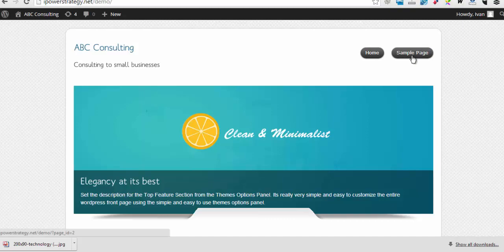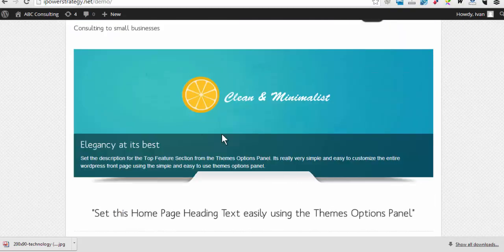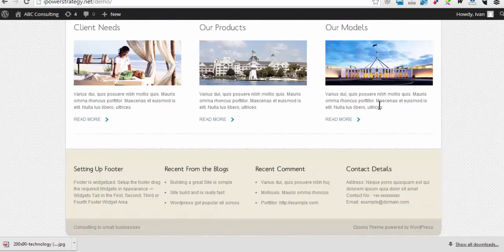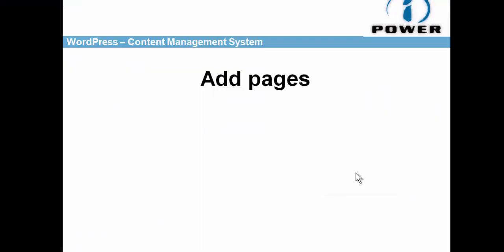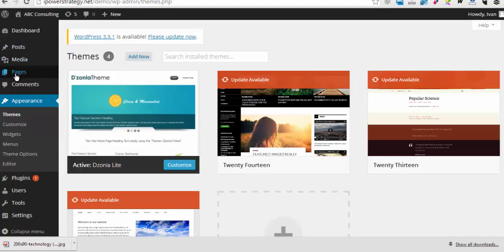I have home page and sample page. I have this image that I need to replace, and I have these 3 images here, images of each section with the text, which I will also replace. The next step, I'd like to add a couple of pages to the website and then show you how to manage your menu, your navigation bar. So I'm going to go to Pages,